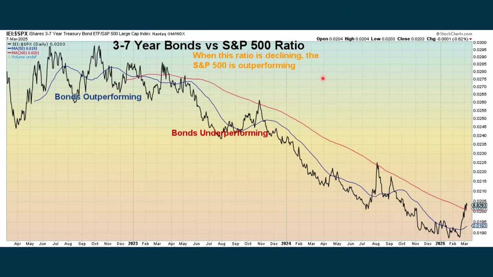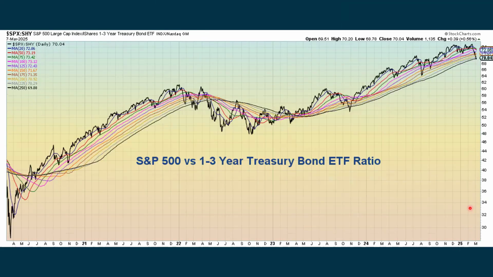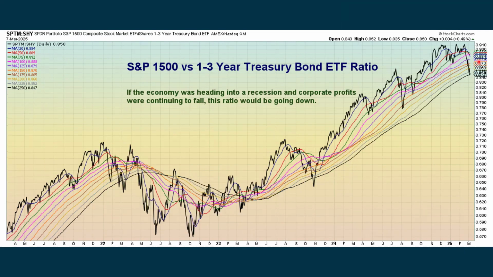Then we look at some ratios of stocks to bonds, where when this is going down, that means bonds are underperforming stocks, but you can see how lately it's really been coming back up. And we look at the S&P 500 and compare it to short-term bonds. We're coming down to the bottom end of this rainbow here. And then another broad market measure, S&P 1500 to short-term bonds, also coming down to the bottom end of the